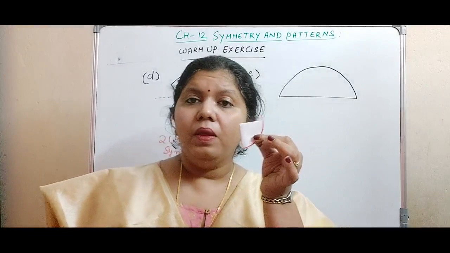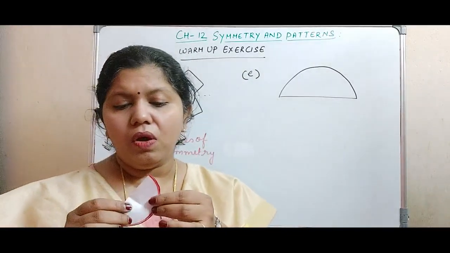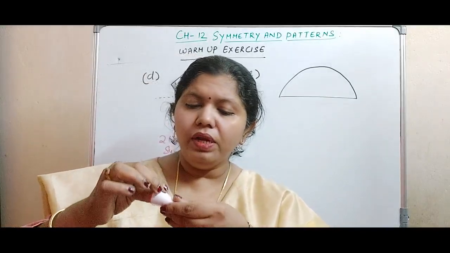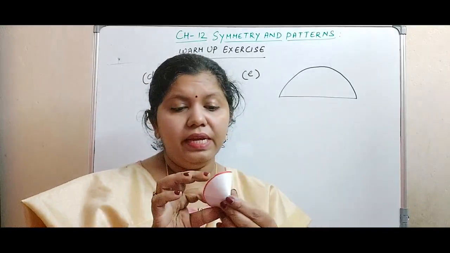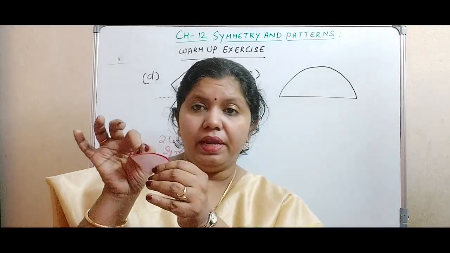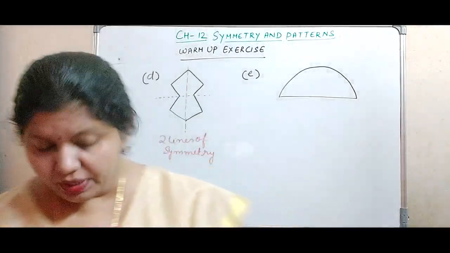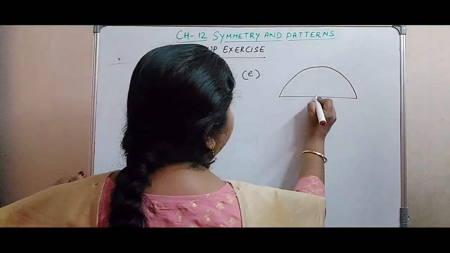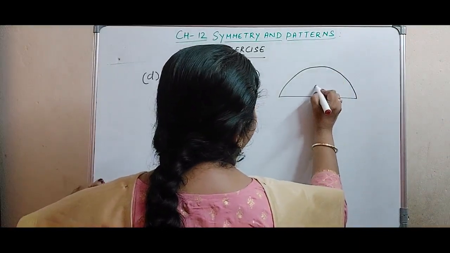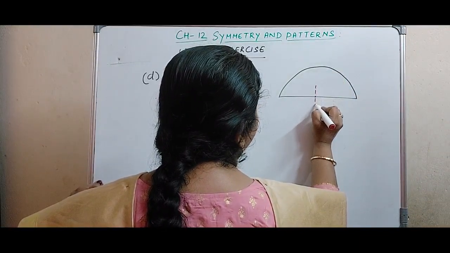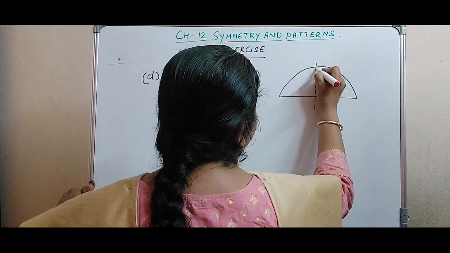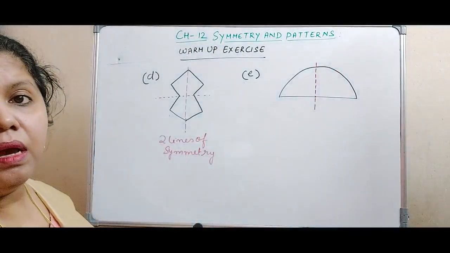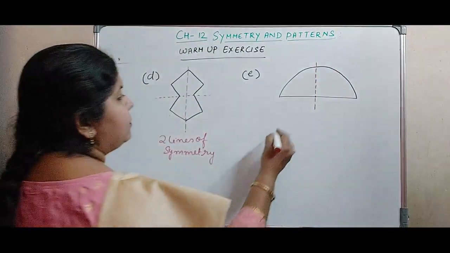And you see this? So this means it has got one line of symmetry. But if I'm folding in some other way, here you see the sides are not matching. So only one line of symmetry, that is from the middle. If this is the center point here, then the line of symmetry will pass from here. So I hope this is clear, how to make lines of symmetry.